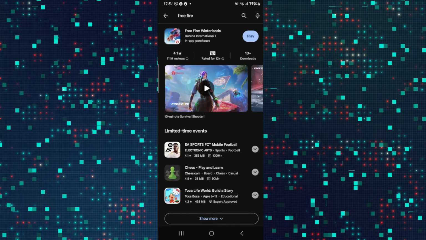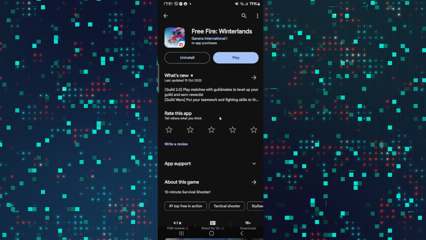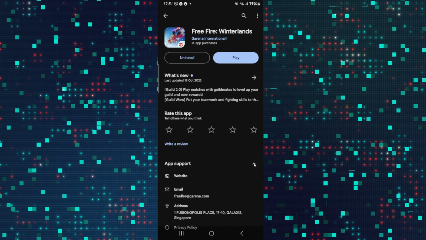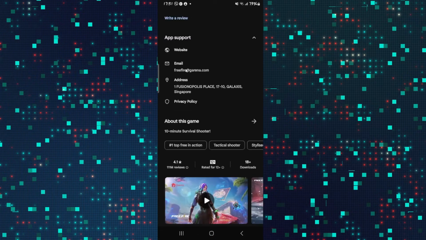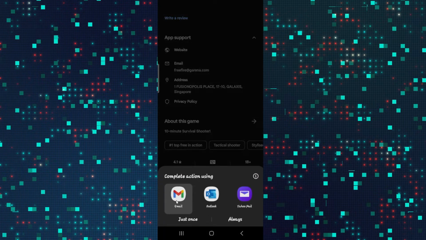Now, once you find the Free Fire application, tap on it and you will see the application support option. Tap on the drop-down menu alongside and you will find the email address that you can use to contact Free Fire. Directly tap on this email address and you can tap on your email application to send an email to